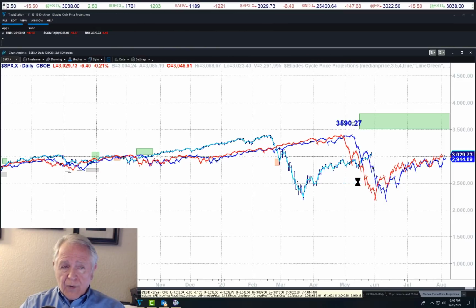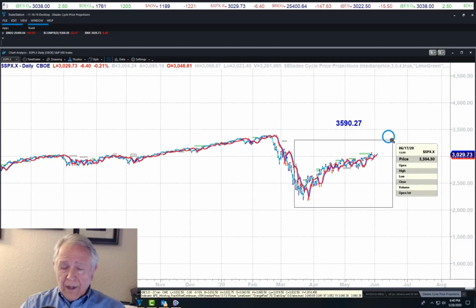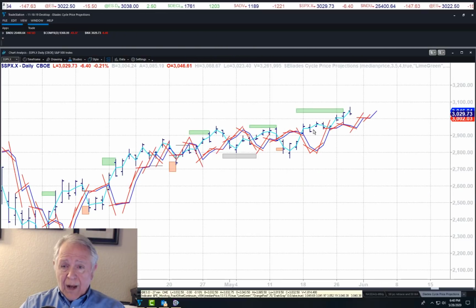Remember we showed you this 3.5 to 4 day offset several days ago. At the time we told you that we had not met the projection and we thought we'd do it in pretty quick fashion. That was right in around here. We had not reached the projection. We came down and tested the offset lines. That happens. And a lot of times, it's something that should be apparent to you in watching, the offset lines act as support for price. That's exactly what they did here. Then you came up and met the projection, okay? So in fact, you can see it's exceeded by a little bit.